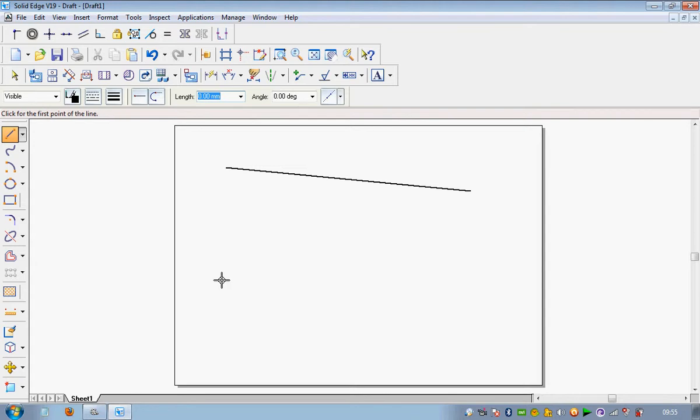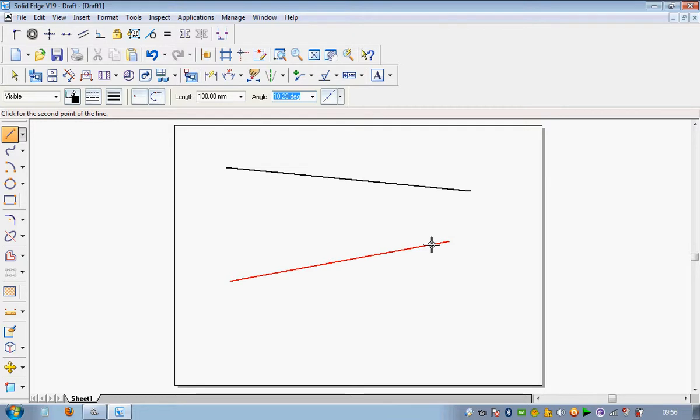You can make a line by giving the values in length and angle also. Just press anywhere on the page and give the length by keyboard. Just like I want to make a line of length 180, and I will write 180. After that press tab and enter the angle, because for defining a line we must know two things.